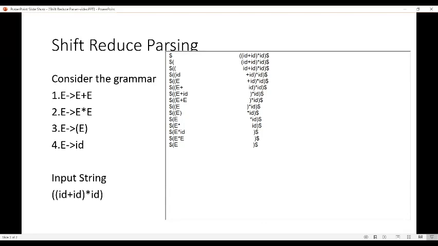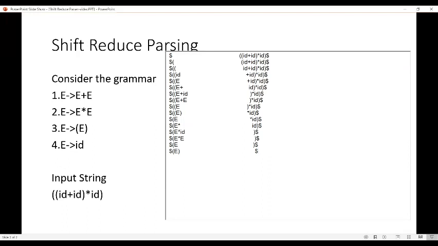So now again shift operation. The next input symbol in the buffer is closing parenthesis. Just push the closing parenthesis into the stack, then write the remaining input symbols in the buffer. So we are left with only dollar.